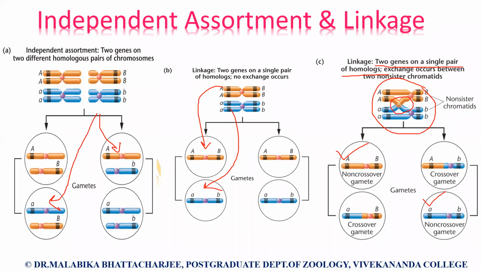Linkage cannot exist between two genes on different homologues. This is one homologous chromosome, this is the other homologous chromosome. In this case, as you can see, linkage cannot exist between two genes on two different chromosomes. Now, this was a case where in the same homologue, we are having two genes. In this case, we observe the phenomenon of linkage, and in this case we are seeing crossing over between two linked genes. So, as you can see, there is exchange occurring between the chromatids, and we are again getting four combinations of gametes. So, this is in brief about linkage and independent assortment.